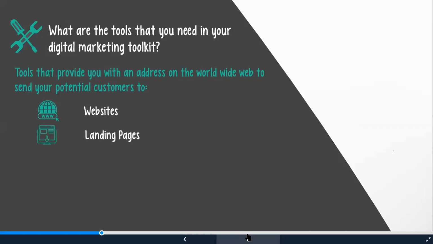If you are starting a new business and you have a limited budget, it sometimes makes more sense to start with a landing page. It's far more cost effective and it will leave you with some budget to drive traffic to it. So what is the main difference between a website and a landing page?